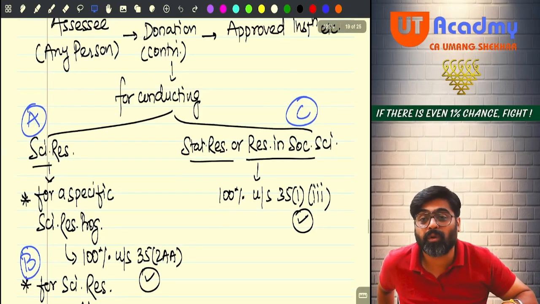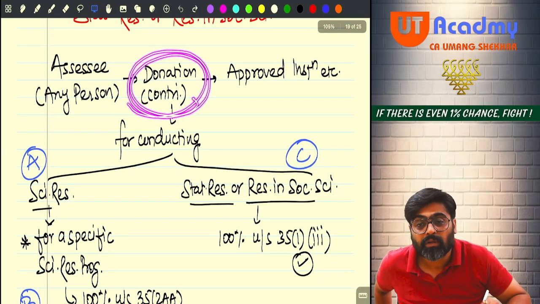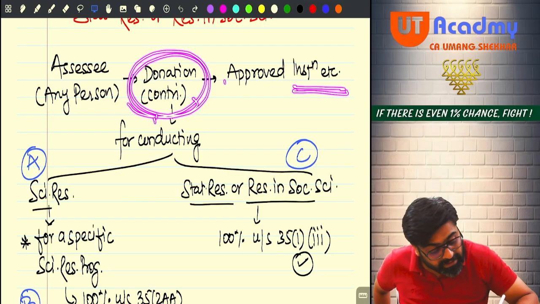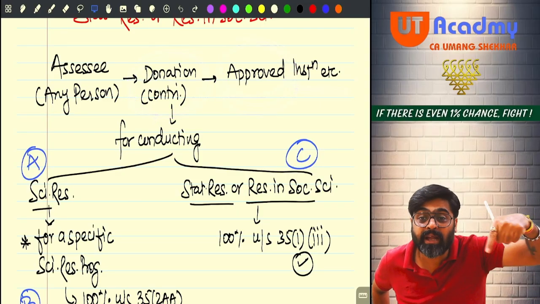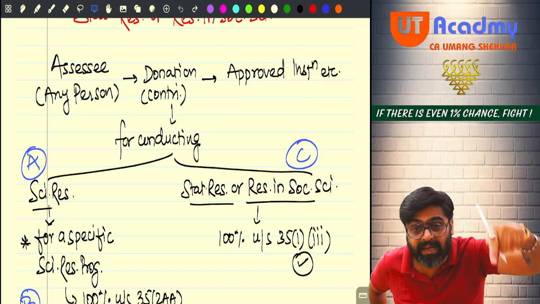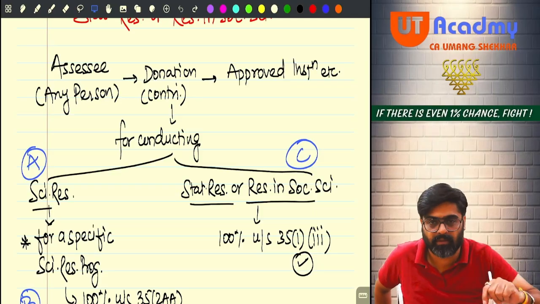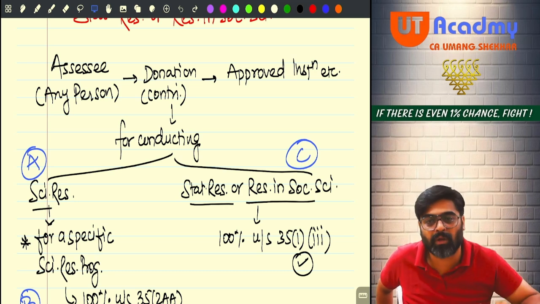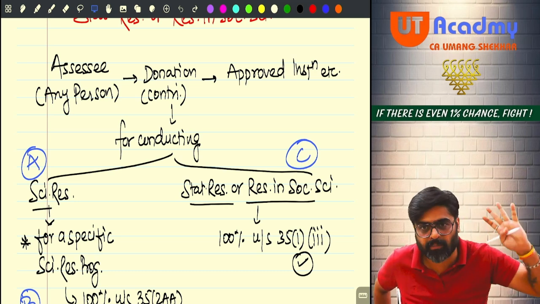And most important, the amount you are donating, that donation is made to that institution, that association, that organization, that college, university, IIT, which is approved as on the date on which you are making that donation. On that date of donation, it must be approved by the government. See, these organizations also have to fulfill certain conditions to keep their approval in effect. If they contravene any condition for approval, the government takes back their approval also. Government cancels, government withdraws their approval.